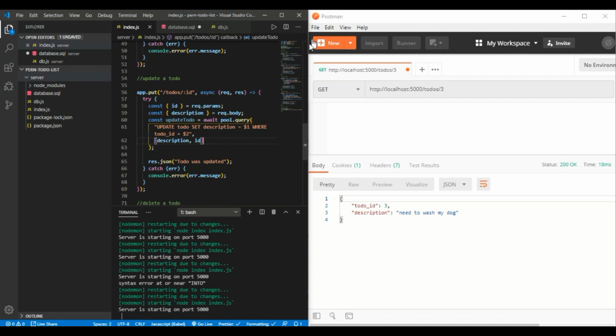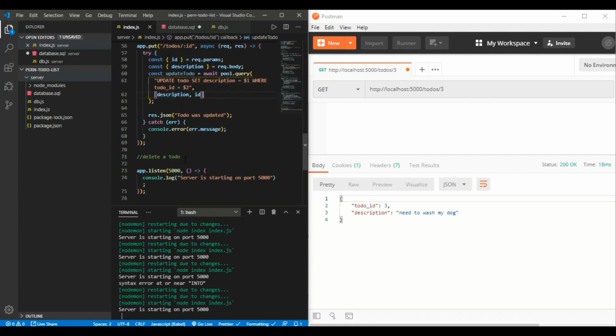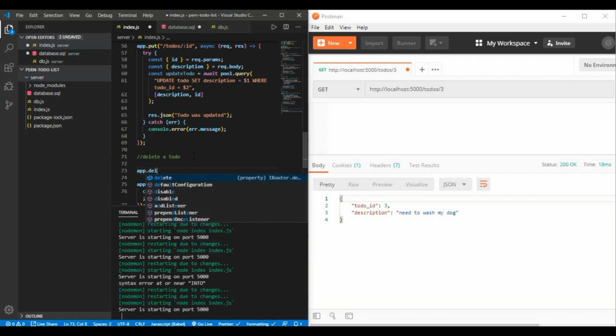All right, so that's good. And then our final one is that we're going to be using our delete routes. So this one is probably the easiest one. It's similar to select. We're going to be using app.delete because we need to delete something, to-dos, IDs, and then